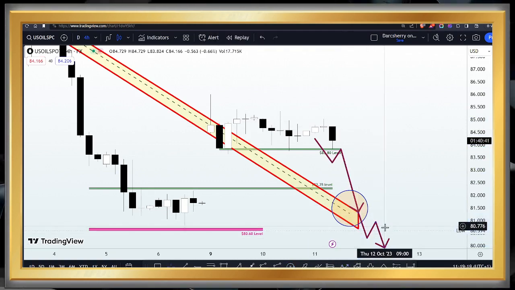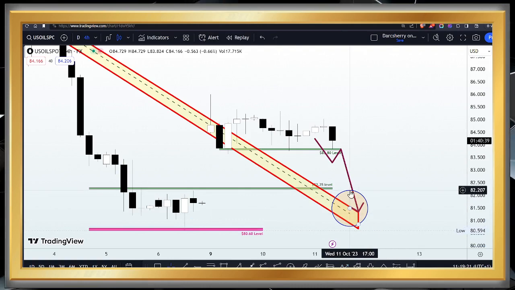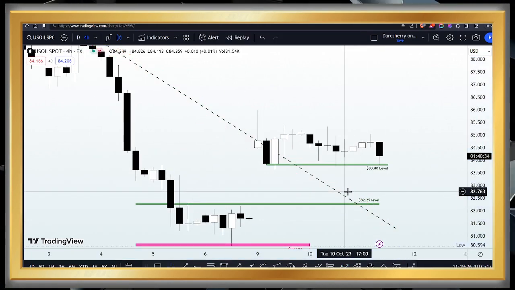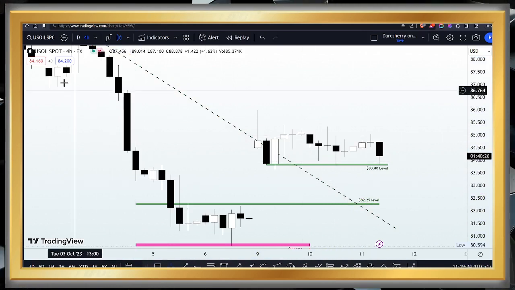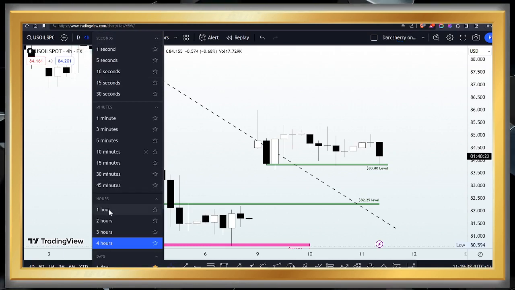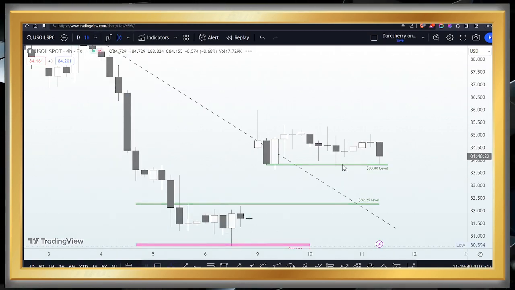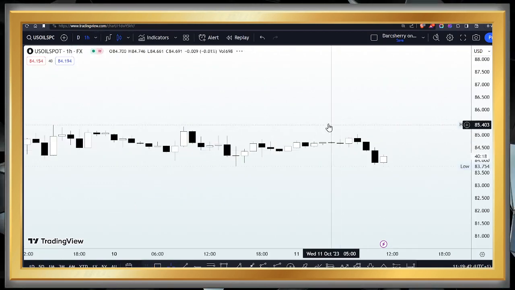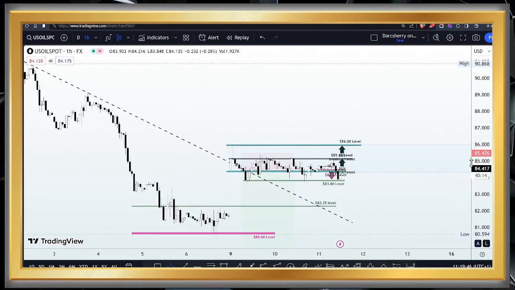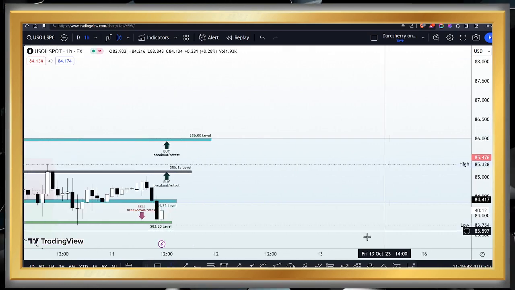Now, with the information we have gathered here on the 4 hours time frame, let's scale back down into the 1 hour time frame. I just needed us to see how things are looking from a holistic standpoint, so that when I discuss on the 1 hour time frame, we will all be on the same page. Now, scaling back down into the 1 hour time frame, this is what we have here, and this is what we will be using to guide our decisions for today.